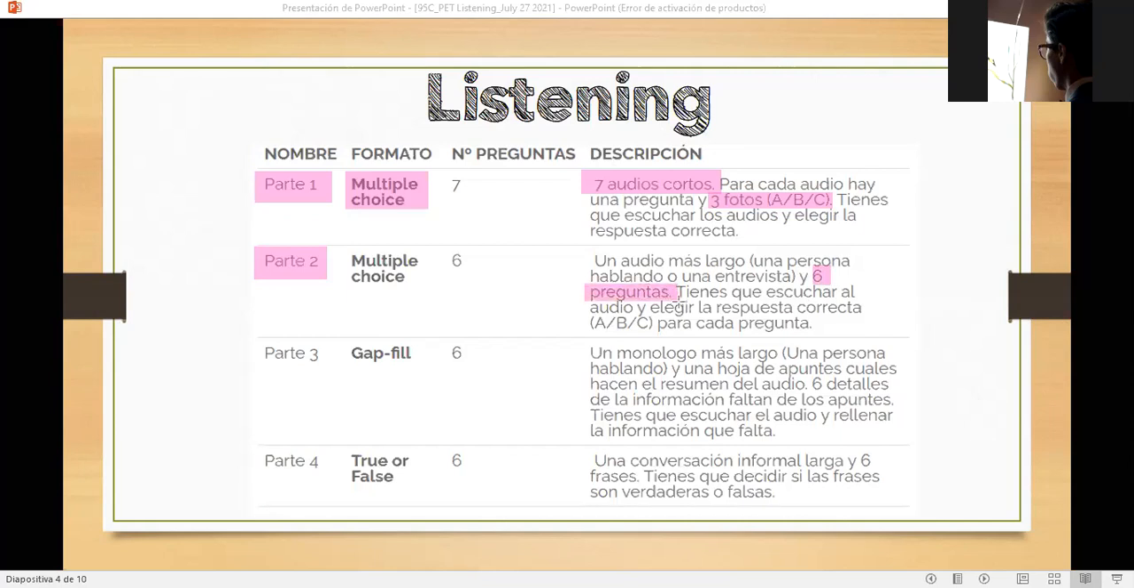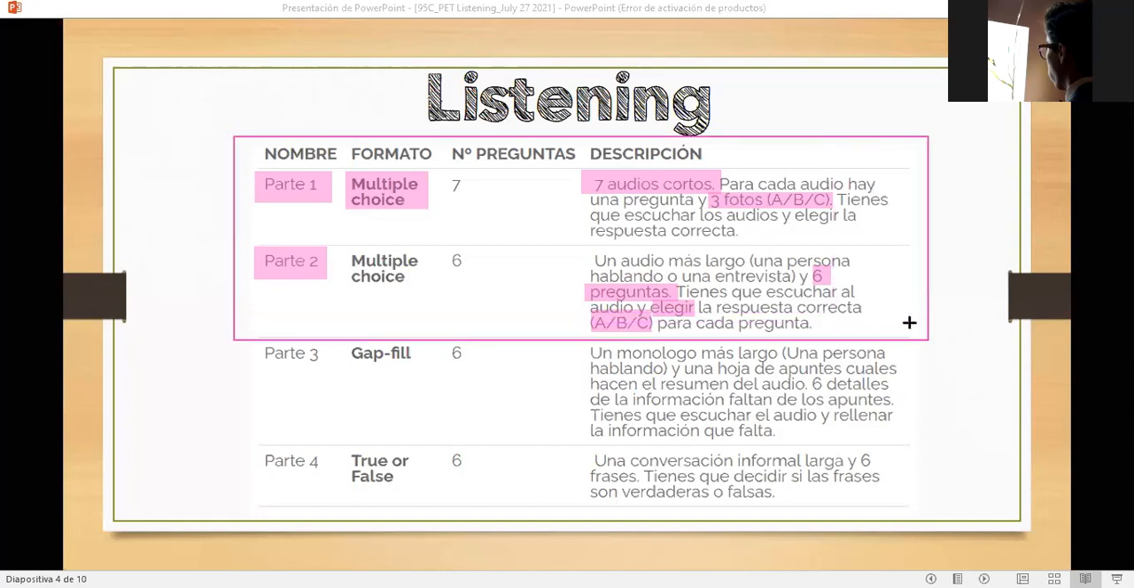Okay, in this case, this is going to be very similar to the records that we listen to in our book. Okay, so one listening, one audio, and 6 questions or comprehension questions about this record. And we're going to have to choose the right answer between 3 options. Okay, so it's again a multiple choice exercise. These are going to be the ones that we're going to focus on today. So part 1 and part 2, but it's also good for you to know how it's going to be in part